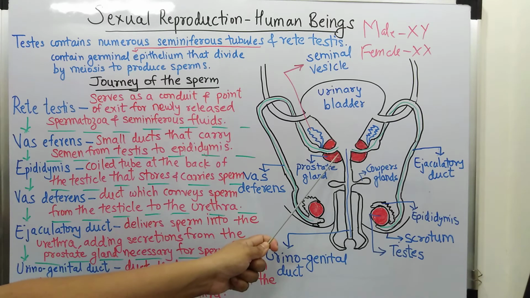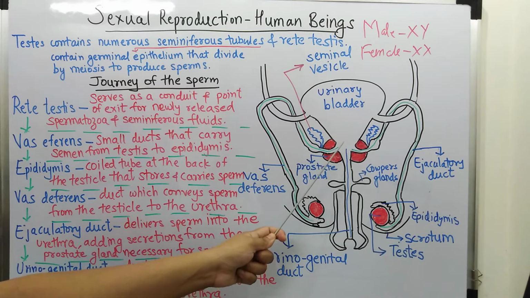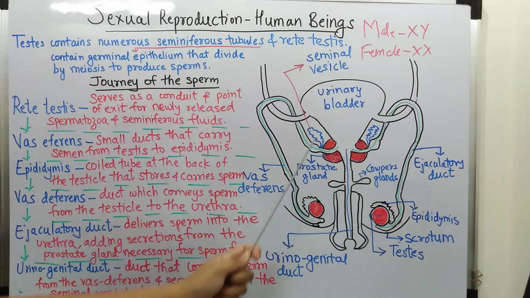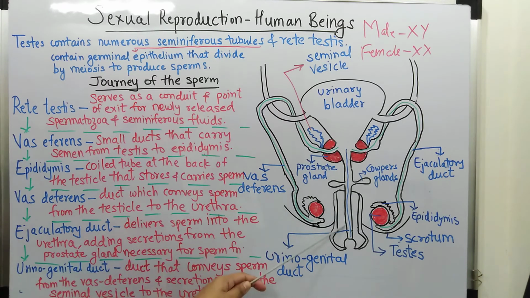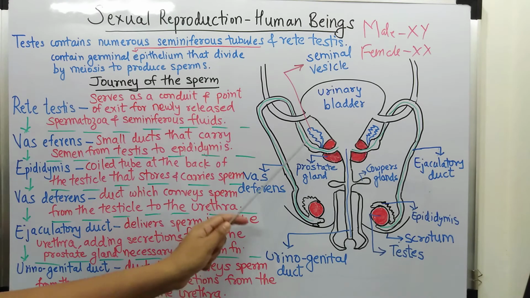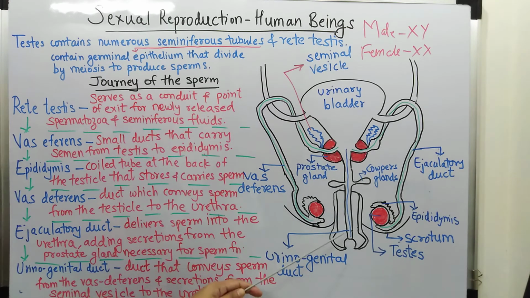उसमें ये क्या, इसके अंदर जो secretions हैं that are very necessary for the proper functioning of the sperm. All right. Now from the ejaculatory duct it goes where? Into the urinogenital duct. ठीक है, from the ejaculatory duct now the sperm passes on to the urinogenital duct. Now this duct is what conveys the sperm from the vas deferens and secretions from the seminal vesicle to the